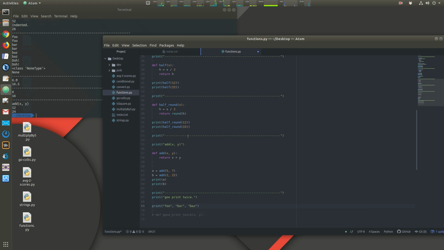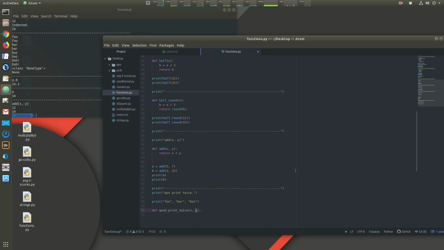Okay, so normally in the print function you can have multiple arguments, right? But we don't know how to do that yet. We can only have a specific number of arguments, like in this add or up here in round. So what you can do for a specific number of arguments, or not a specific number of arguments,